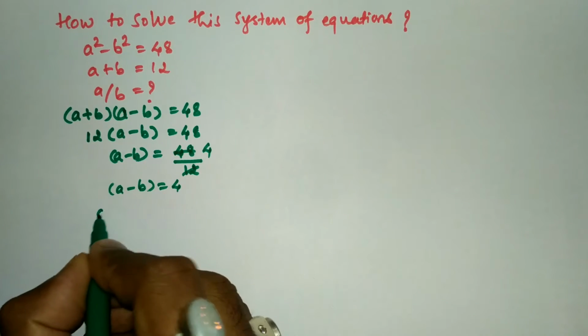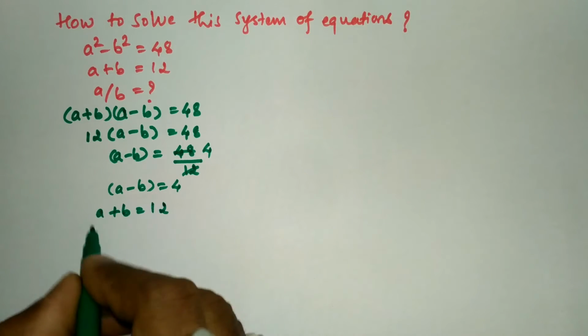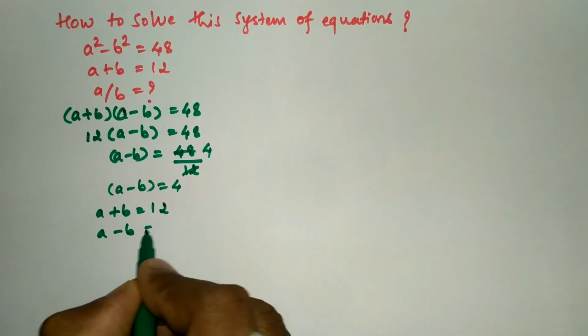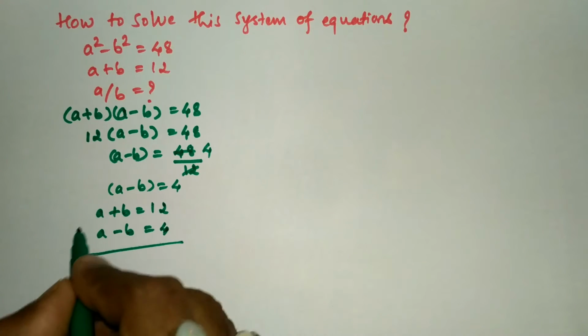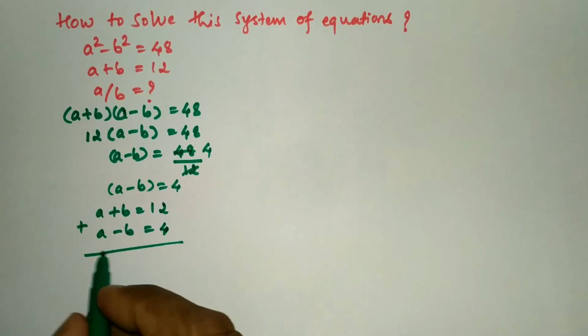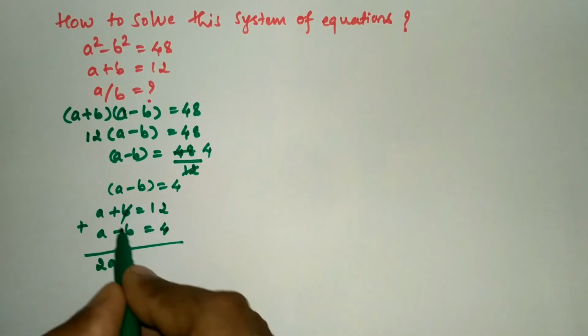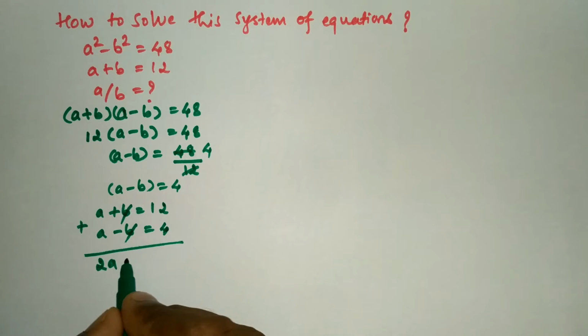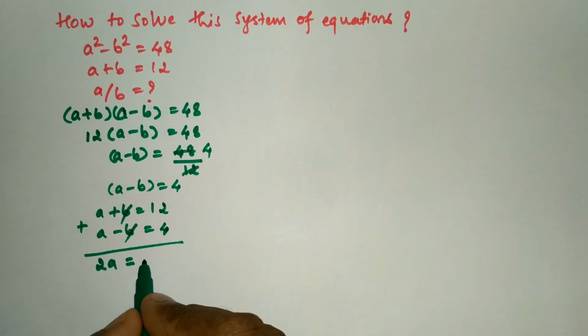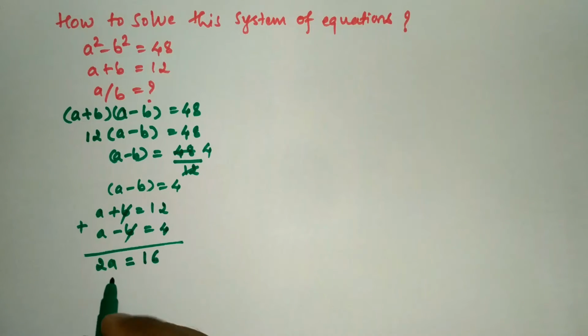a + b is 12 and a - b is 4. So let us write a + b = 12 and this expression a - b = 4. Now let us add both of these two equations. Here I'm going to write a + a is 2a, plus b and minus b will get cancelled. So we'll write this equal to, as it is, 12 + 4. That gives us 16. Now I'm going to transpose this 2 from the left-hand side to the right-hand side to get the value of a. Here I'll write 16 divided by 2. So this gives us a = 16/2, 2 eights are 16. So a value will become 8.